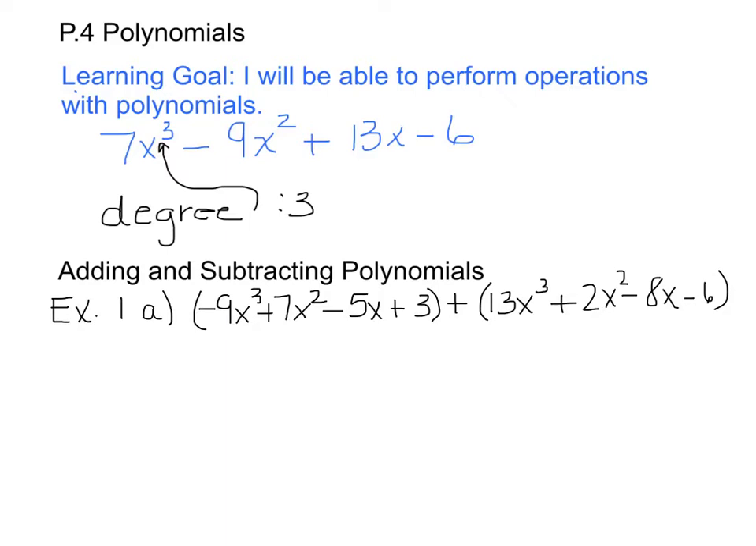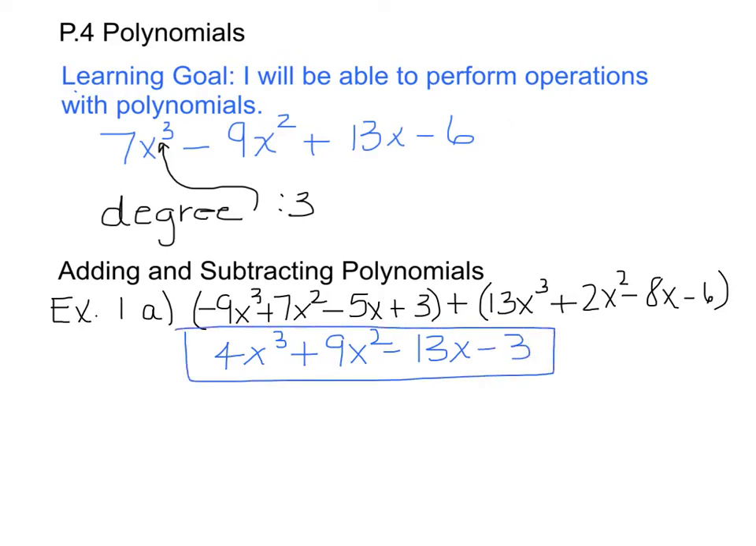So I'm going to combine the x cubes first. That gives me 4x cubed. Then my x squares, I get 9x squared. For my x terms, I get negative 13x. And for my constants, I get negative 3. And if they ask you for the degree, which they might in the directions, the degree would be 3 because